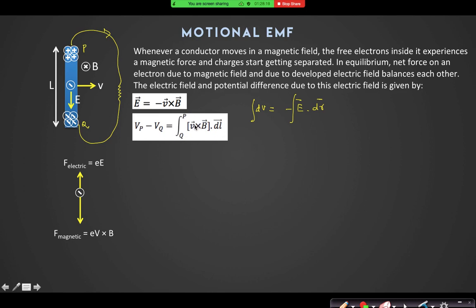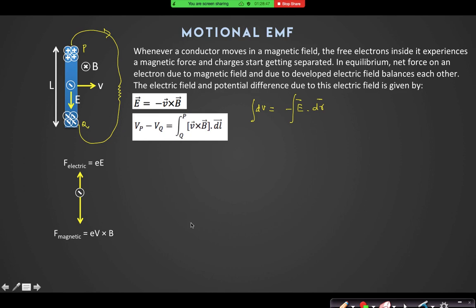No, the magnitude is same, but what is the direction of electric field? Okay, what is the direction of V cross B vector? Upward towards the positive. Just think about V cross B vector. V cross B vector is upward, and what is the direction of electric field? ডাউনওয়ার্ড। Can you see that their directions are opposite? Okay, sir.